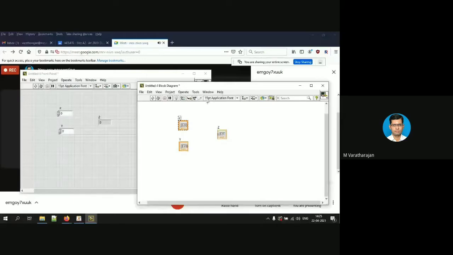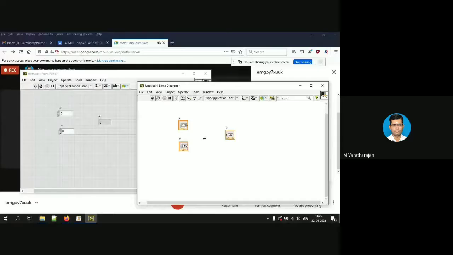Let us add these two numbers and store the result in Z. How to create a program? Just right click under programming, the numeric palette will be there. You choose add, left click on the add, and move to the desired location. Once again left click. The add block will be available. Next we need to interconnect these blocks. For interconnection,